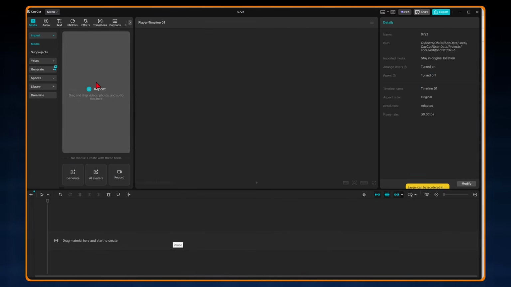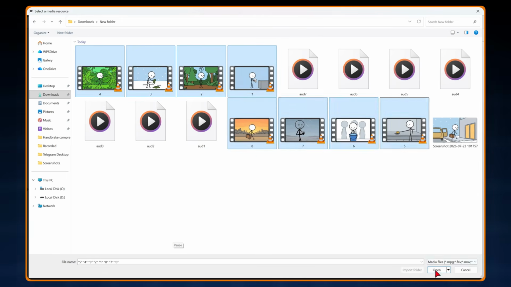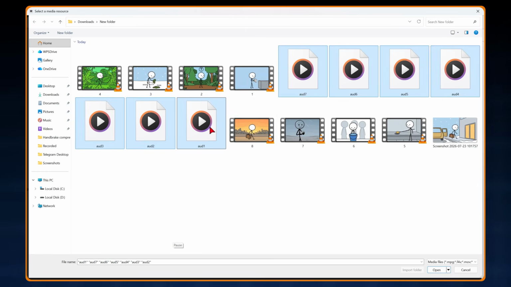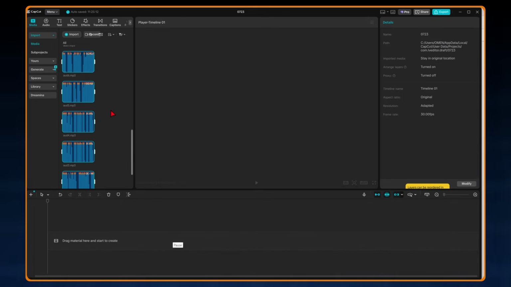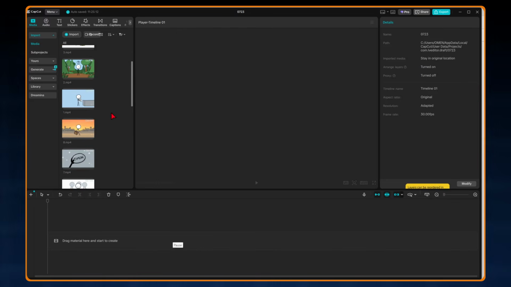For the final stage, we are going to compile everything together into a finished, ready-to-publish video. Open any free video editor of your choice, such as CapCut. Start by importing all of your video clips in order, and then also import your voiceover files. Naming each file in order as you import them keeps everything organized and makes it much easier to arrange during